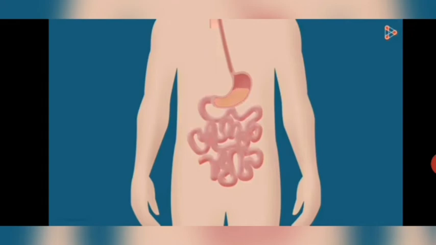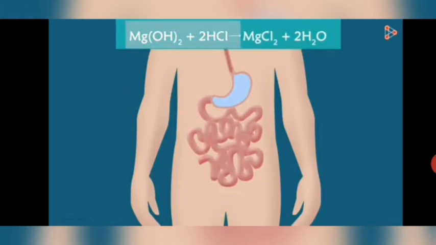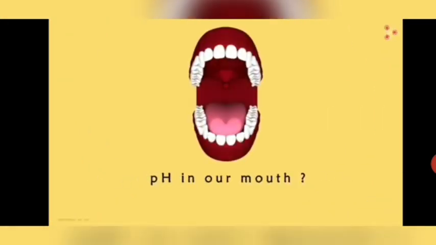Now we see in the case of the digestive system, we know that HCl acid is there, and when it gets too much, it causes irritation to our stomach and it can cause ulcers. So what could be done in that case? An antacid is added to it, which neutralizes its effect and acts as a base. So Mg(OH)2, this magnesium hydroxide, is a base, and when it reacts with HCl acid, it forms MgCl2 plus water. So this is a neutralization reaction, and our stomach gets relieved.